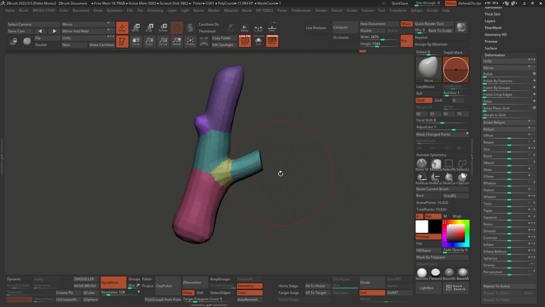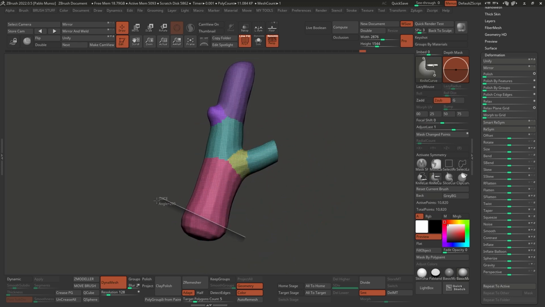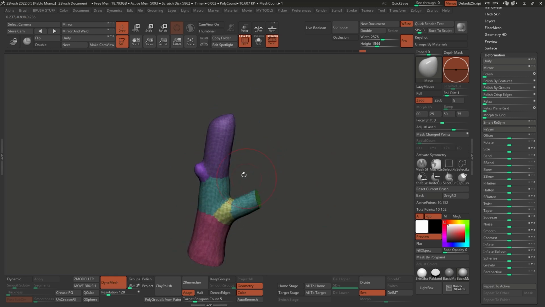So it's going to be pretty flat in there. I'll do the same thing for the bottom, like so. And for the top of this asset, I'm going to do something a little bit more interesting. So I'm going to click on the brush thumbnail, and I'm going to look for the Snake Hook brush, and I'm